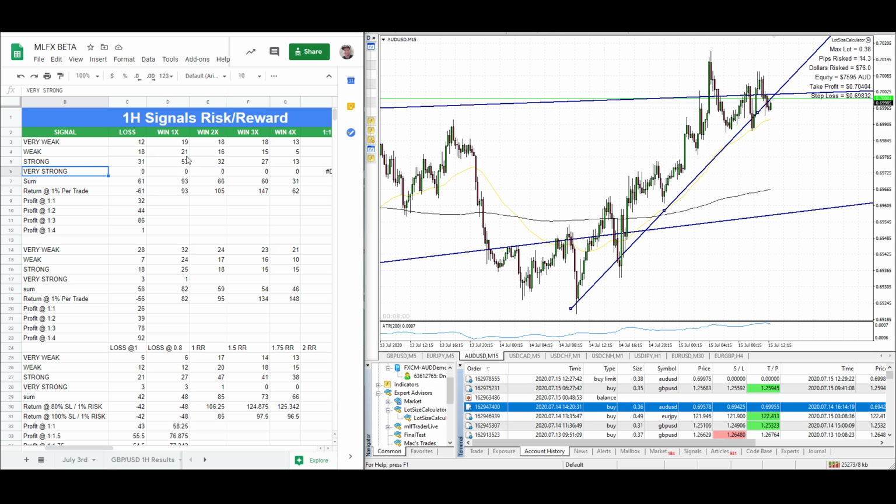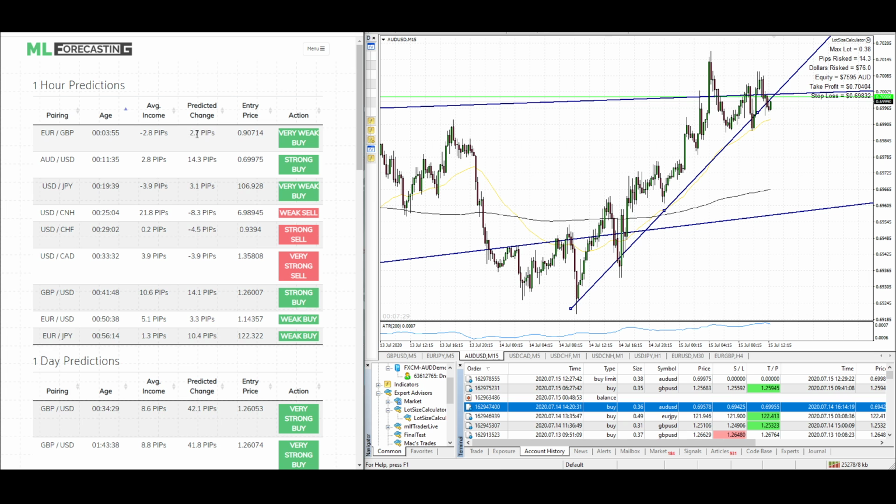I then looked at all the charts for every single trade that was given, figured out how many of them were losers for each of the signal strengths. We haven't been getting very many very strong signals, and we may tweak things a little bit to make it so we do get some of those in the future. Then looking to see at a 1-to-1 risk reward based off the predicted move that we have, so based off the predicted change,